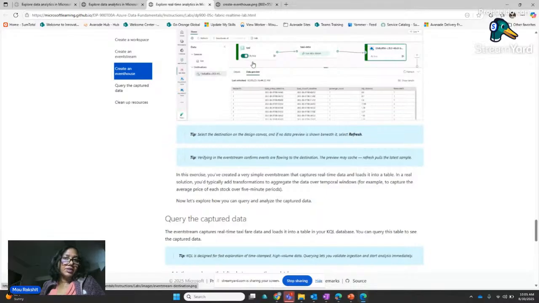So this is a sample data set, right? In real life, you're going to set up a message pub/sub service, maybe through IoT Hub or Event Hub, and you're going to get the data in through the event stream and write it to the KQL database, or you can write it to a lakehouse delta table as well.